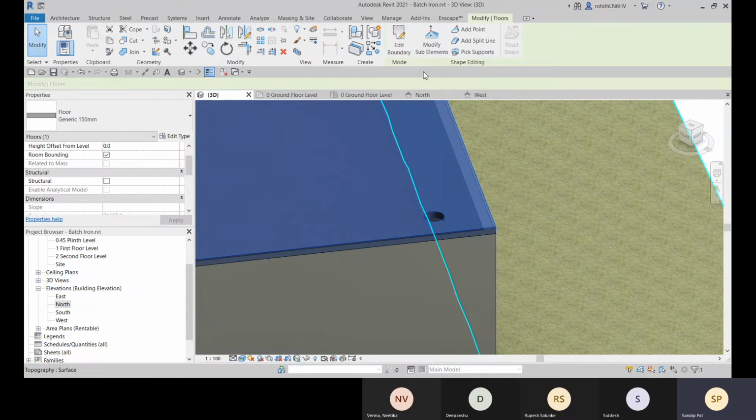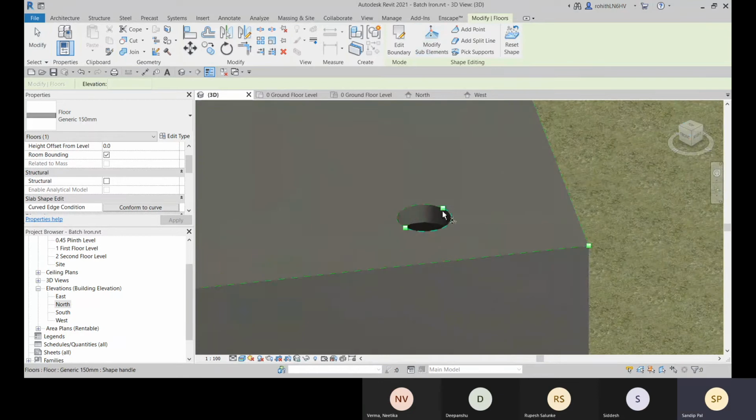So for that, we'll go with this modify sub elements. And we have this much of points for this slope. But for this curvature, I need more points. So for that, I can go for add point, and we can add some points over there.